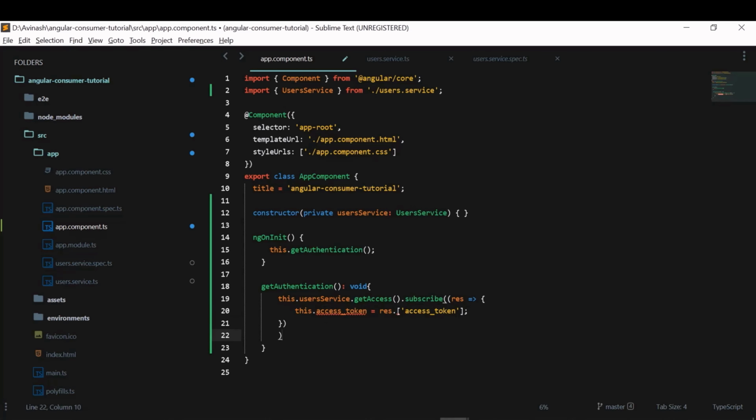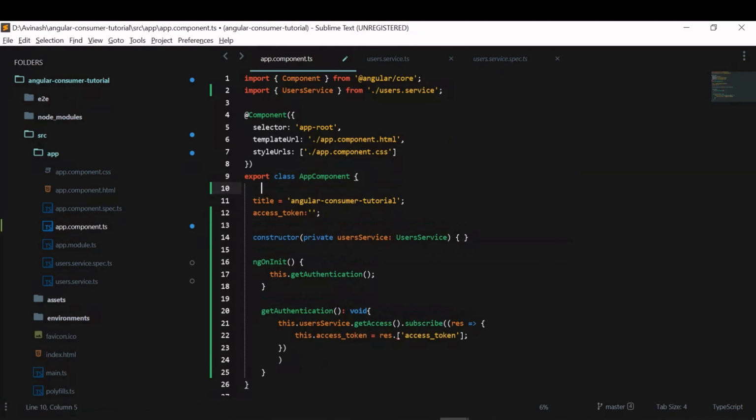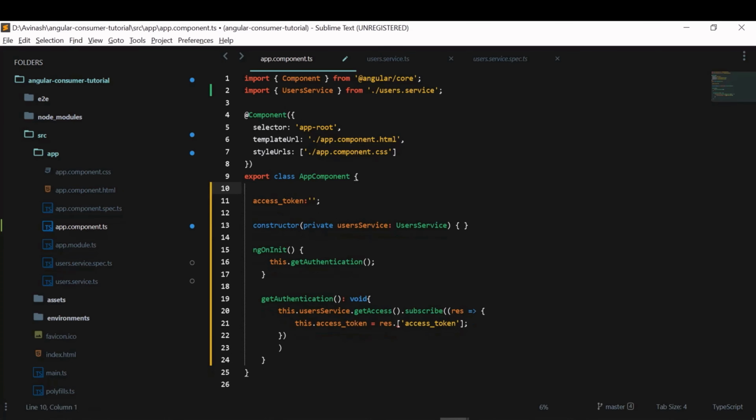It is showing some error because we have not initialized this variable, so I need to declare this variable here. Actually, we don't need this variable at all, I'm just going to remove that. So this is the access token, and after getting this access token, I will call get users.